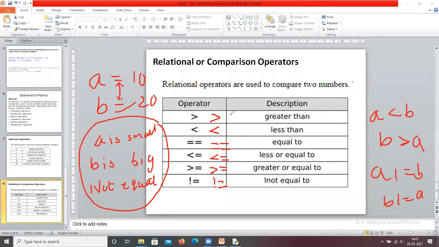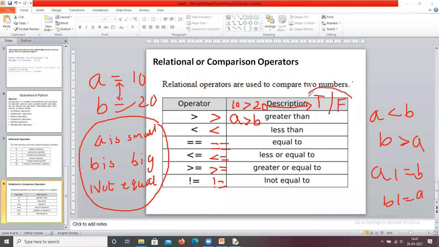Here you give two operands, A greater than B. Here you are comparing 10 greater than 20. What does it return? Does it say that 10 is small or B is big? No, it returns only two answers, either true or false.